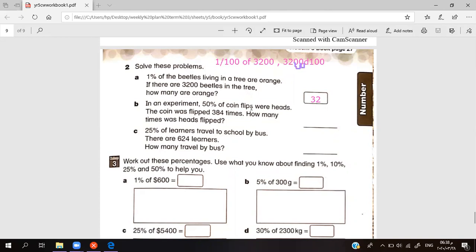Okay, 50% means a half. Half of how many? 384. This means I will divide 384 by 2. So what times 2 gives me 3? Nothing. Take 2, which is a 1. The difference between 2 and 3, I will write it before the 8, so I will have an 18. What times 2 gives me an 18? 9. What times 2 gives me a 4? 2. What about here? 25% means 1 over 4 of